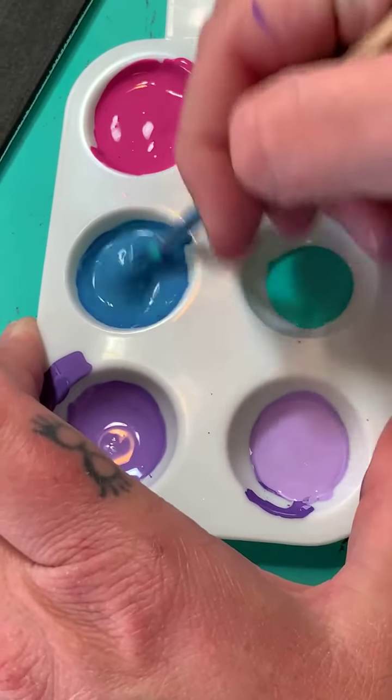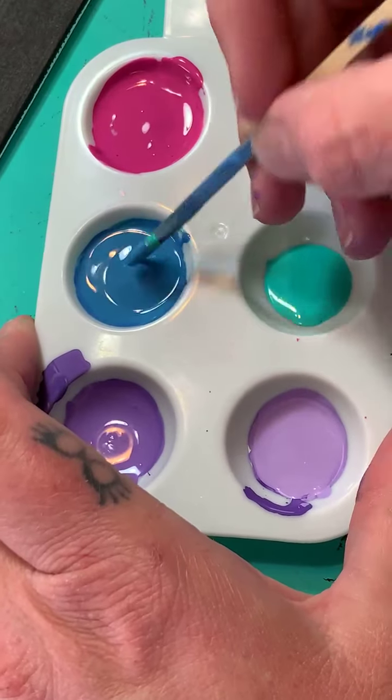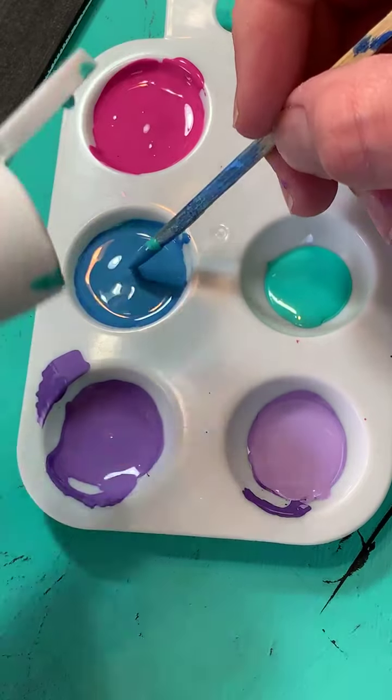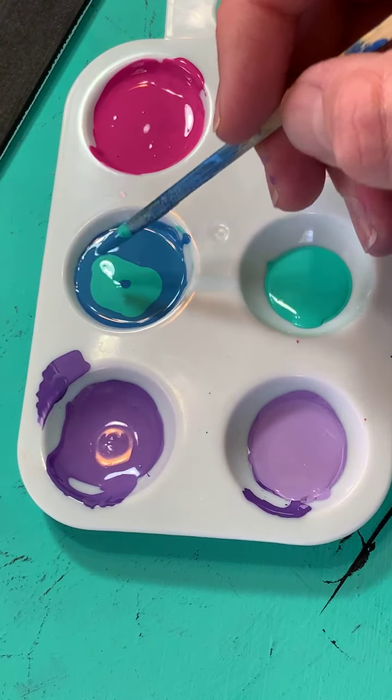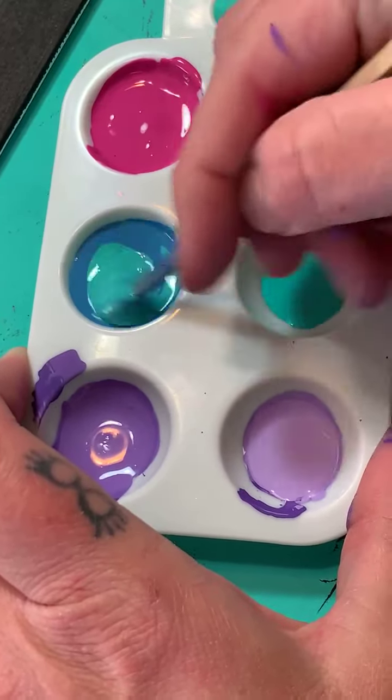Yeah, that's more of what I want right there. Which means I'm going to need a little bit more. A little bit more. I'm still mixing it, it's still too blue, so I'm just going to keep going with the teal. What I'll do too is after I'm done tutorials or a project or anything like that,